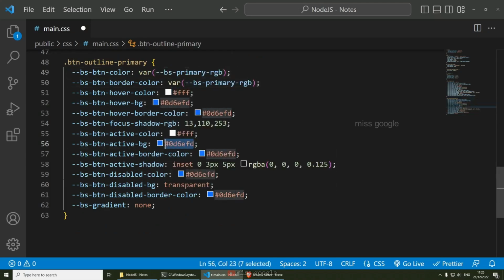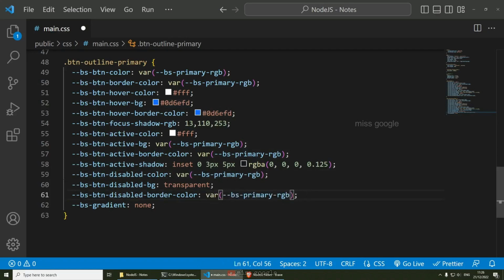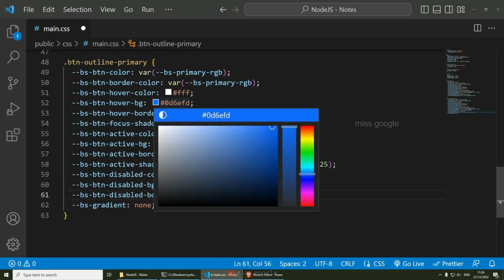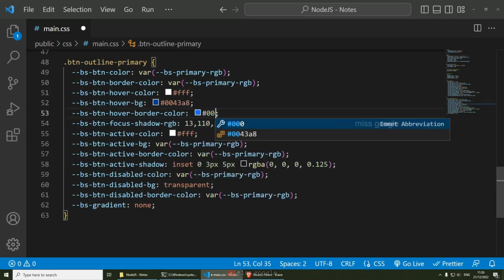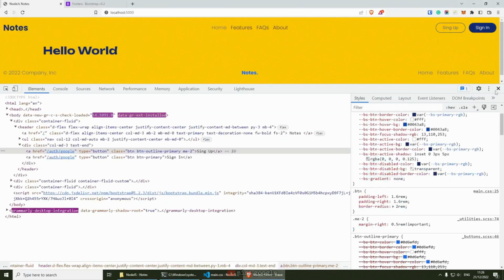The active background is going to be replaced as well. This one is going to be the border active is going to be replaced as well. The disabled color I'm going to replace as well, and the disabled border. Also, is there a hover one? Yeah, the hover background I'm going to replace to 004388, and let's do the same thing, 004388, like so. Save it, and now if you go back to the website, refresh, you'll be able to see